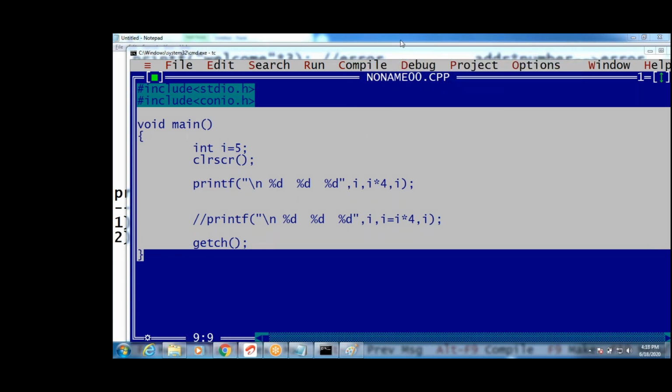Yeah, now how does it take this value? First this one will be executed guys. First this one, what is this value? i. What is the i value guys? The i value is not modified, that is 5 first. It executes from right to left. First this is 5 guys. Second %d, what is the second %d guys? i is 4, i equals i into 4, the i value is not changed, that is 20. Third %d, what is the third %d guys? Again it is i. What is the i value? The i value is not modified, 5, so 525.